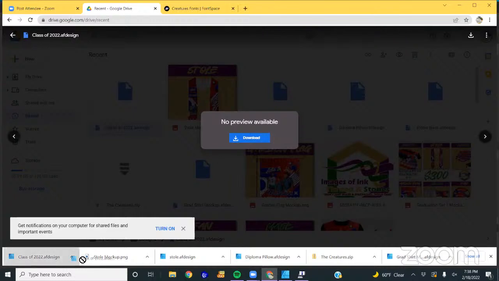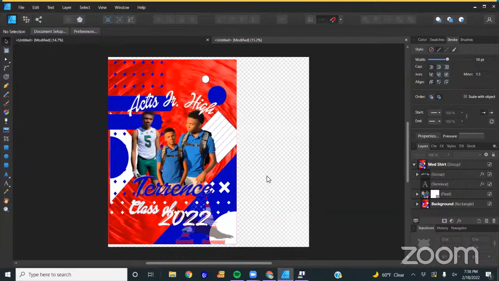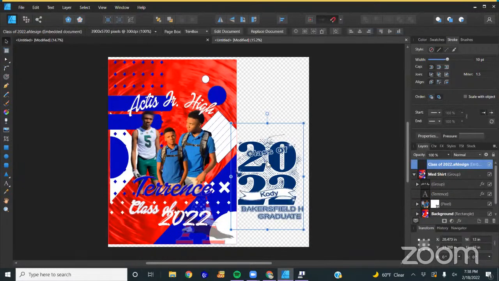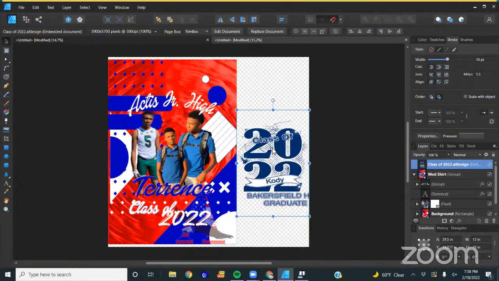Okay, now let me pull this in. So let me know if you remember this design from Tiffany last year. Tiffany did this design last year. Y'all remember this? Hey, Sierra. So we're about to take this design and we are about to recreate it for a center print design. I already changed it from 2021 to 2022 and I saved it in my drive. So that way, when I go to make a new one, I already got my 2022 saved.